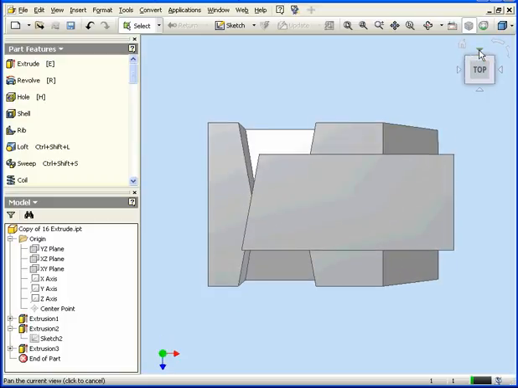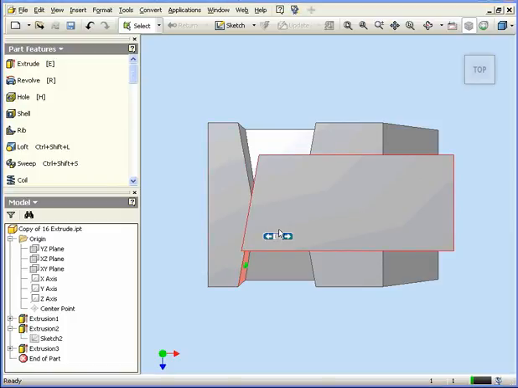Let's take a top view. We'll see how it looks from the top. Basically, Extrusion 3 was extruded up to this face. Inventor wants you to build a good part. The warnings and the troubleshooting features can be very helpful. And this concludes our tutorial on basic